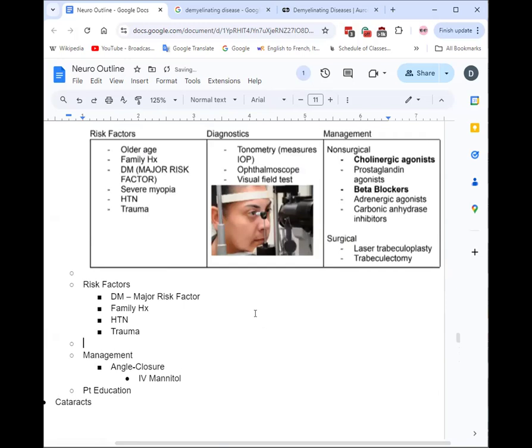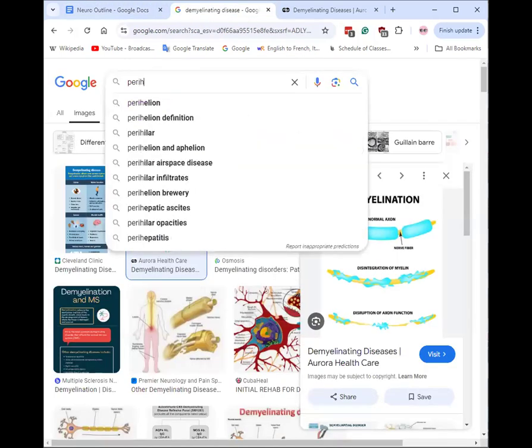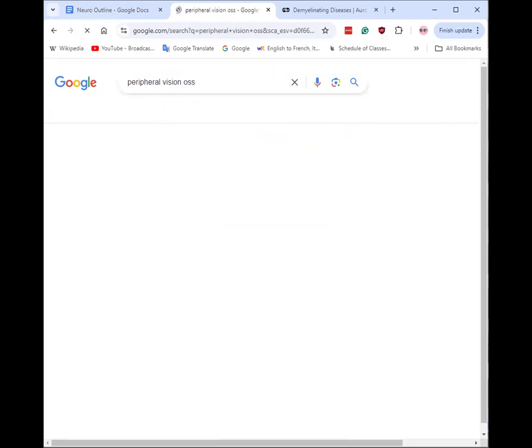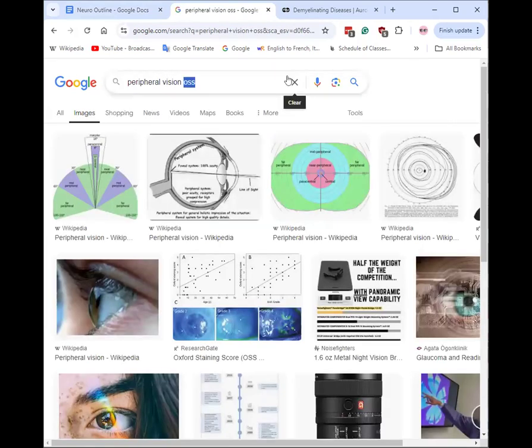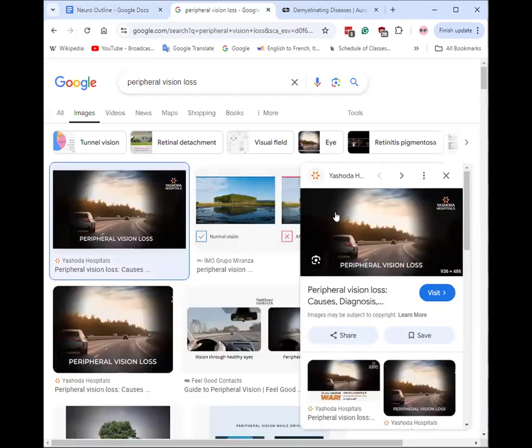So I'll write those down here. It's peripheral vision loss. So what does that look like? Let's see if we can get a good picture of it. I think the picture in your PowerPoint is actually pretty good, but this one's really good as well. You can see how it's like tunnel vision. Macular degeneration is the loss of the center. Your tunnel vision here, quite literally, the sides are not able to be seen.